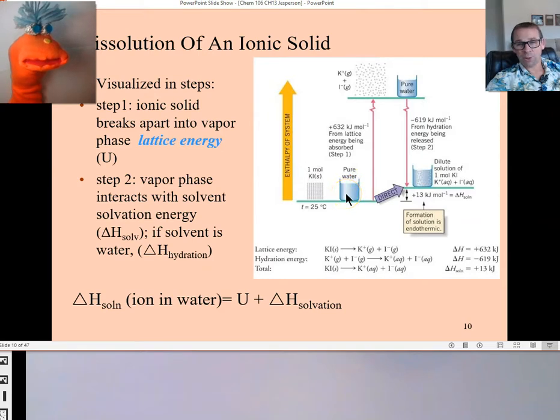Before that mixing can occur, we can think about molecularly or ionically what has to happen: these ions have to separate from each other. And that requires energy, and so we increase our overall energy by overcoming the lattice energy. And when we put the ions into this water, well, the result is